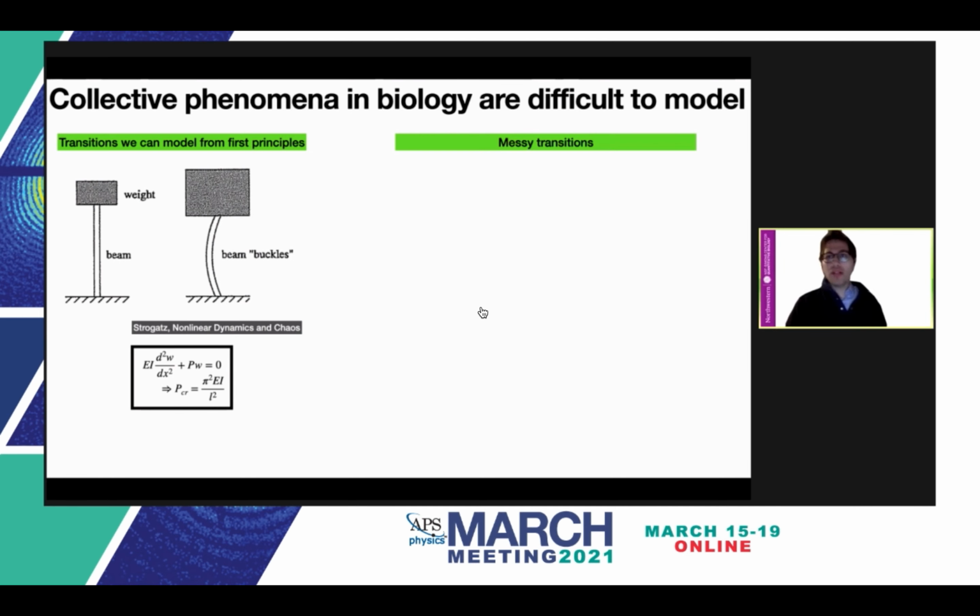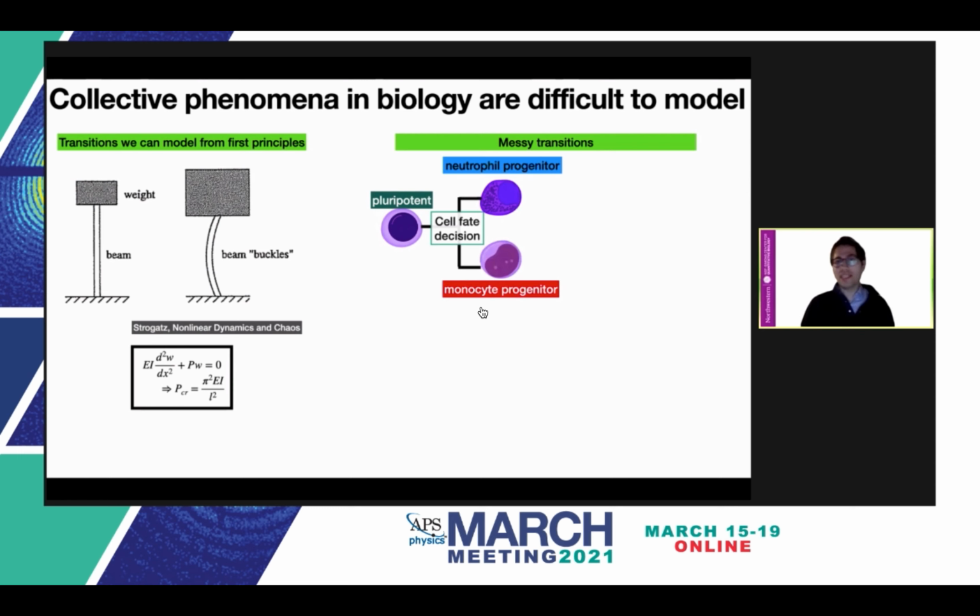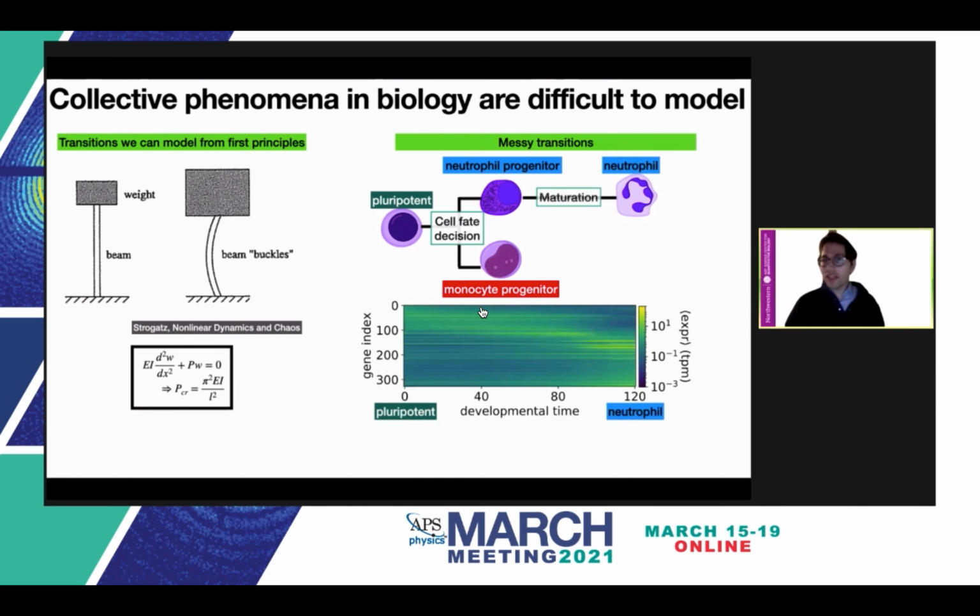But in biology, we have plenty of state transitions. For example, in development, going from pluripotent, making some cell fate decision, whether to be one type of white blood cell, neutrophil, or another. And maybe there's further state transitions later on that add parts to the neutrophil, build it up. And you might know that there are some important genes, some transcription factors that are sort of telling it where to go. But in reality, when we look at data, we'll find that there's hundreds of genes that are actually changing during one of these